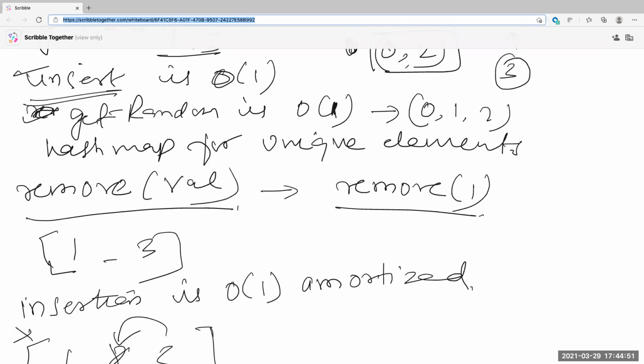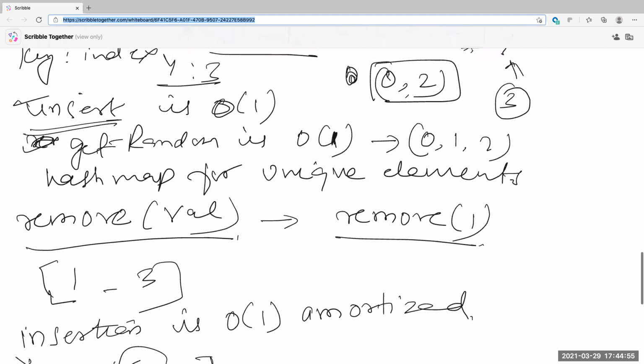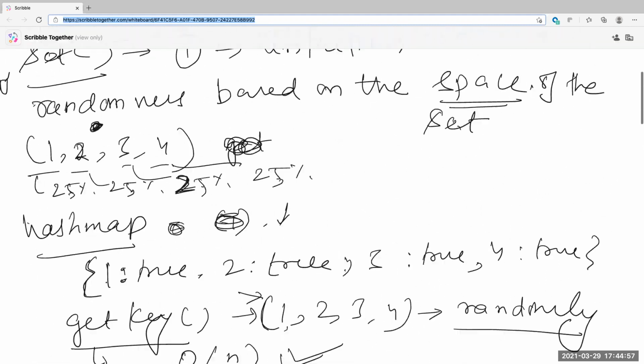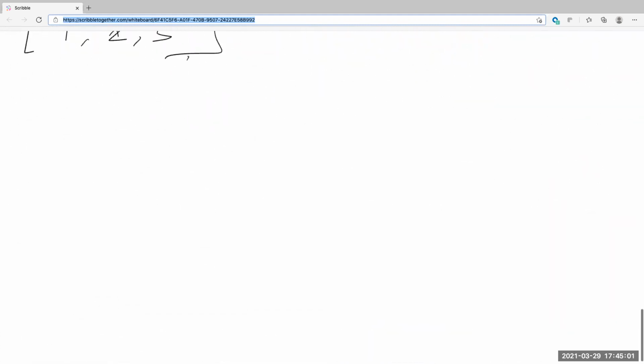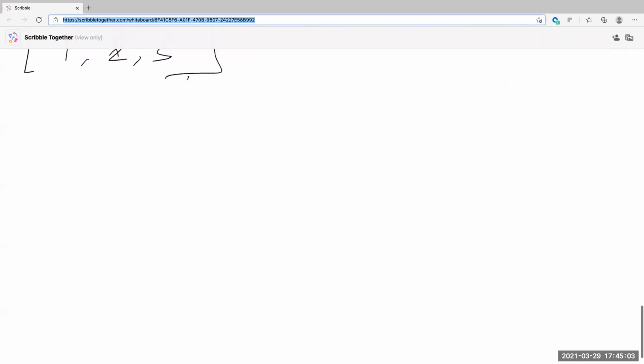Let's explain it from the beginning. That way, everyone is on the same page. Because initially, can you just go toward the bottom? Let's just draw this out again. That way, people don't get confused by everything we've already written. So we initially started off with inserting 1, inserting 2, and inserting 3, right?